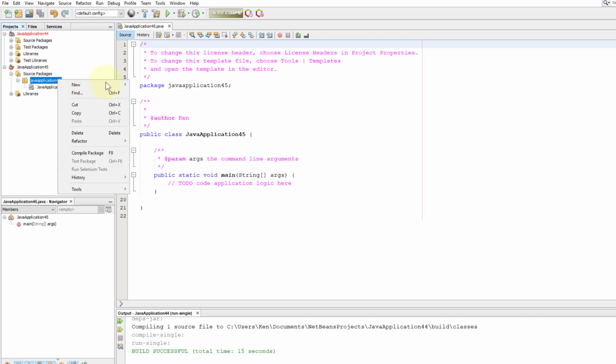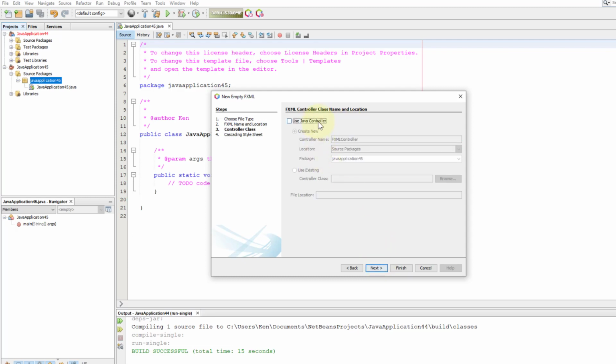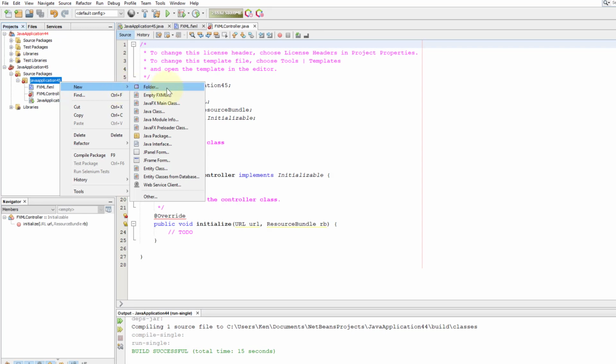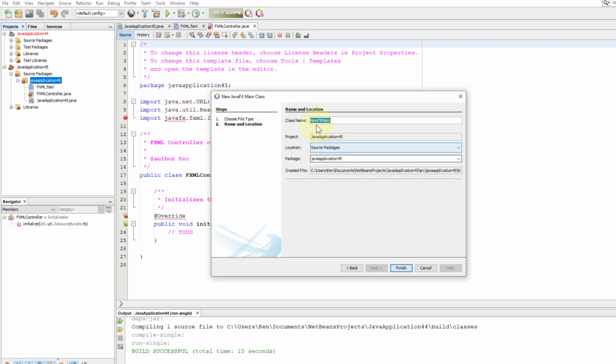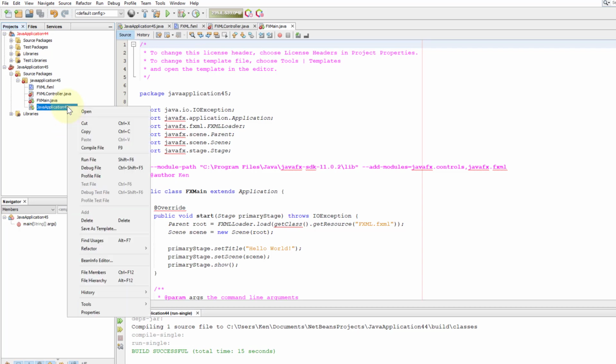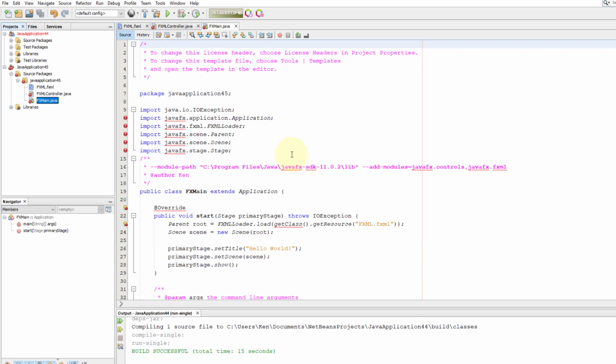So the first thing we need to do is create an empty FXML. That's fine. Then I will use a controller, no CSS. Then what we need is an FXML main class. I will say FX main. Finish. So those are the three things you need. Of course, we don't need that anymore. Okay. So next step will be